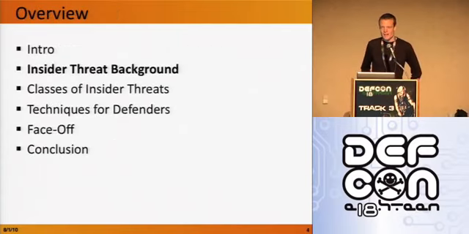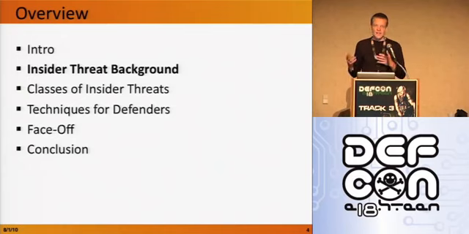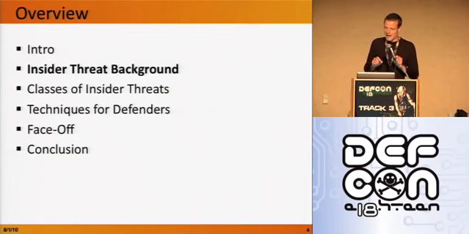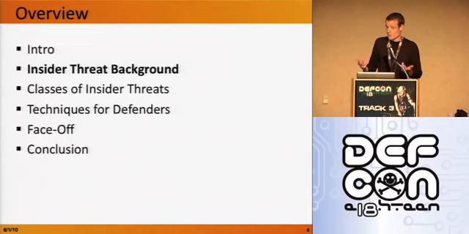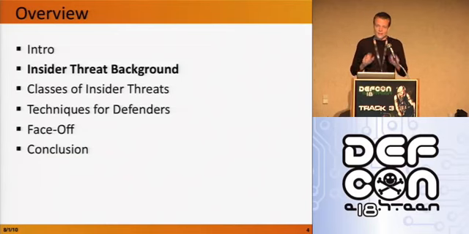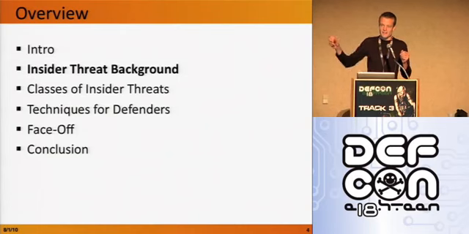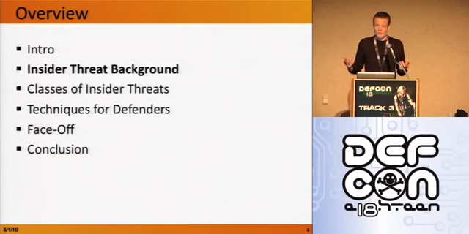So I'm going to get us started today with a little background on what we mean by the insider threat problem, what we mean by an insider, what kind of threat they might pose. Matias is going to go through a series of examples and a classification of the insider threats at the code level that we've identified, and then I'll talk some about what tools people trying to protect against insiders have at their disposal, both in terms of process and technology. Then we'll conclude with the examples that Matias already explained lined up against the defense techniques and the technology that I'm going to talk about, showing you in the real world what we can actually accomplish today in terms of identifying insiders.